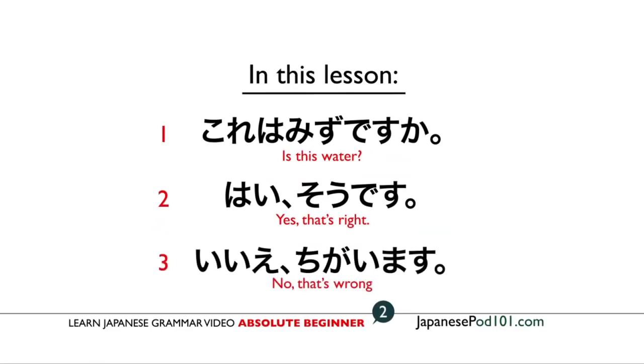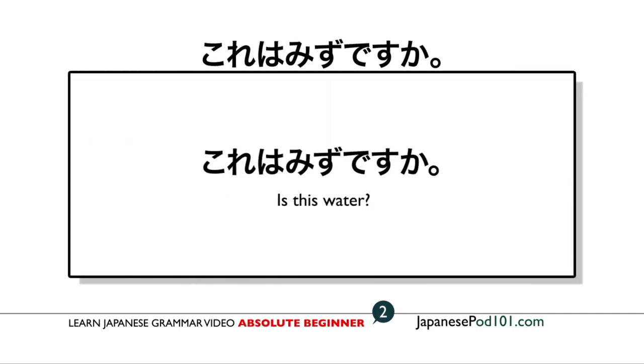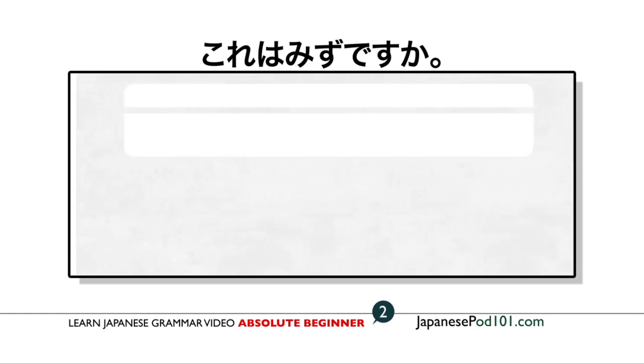Ready? Let's get started. これは水ですか? In this lesson, you'll learn how to make a question, which is very easy. You'll be surprised. You learned how to make an A is B sentence. A は B です。